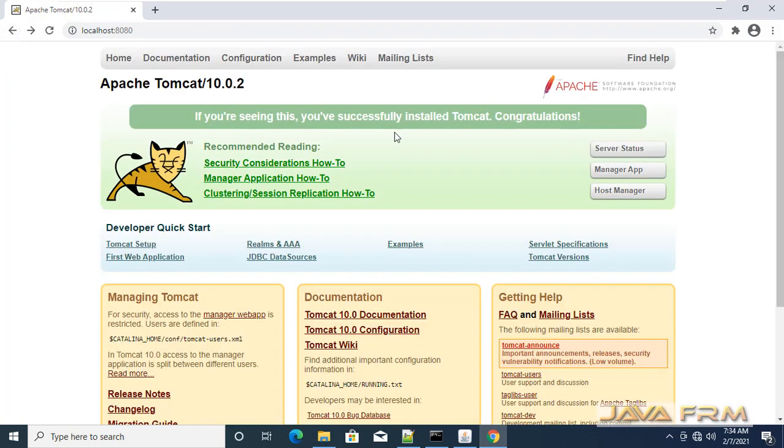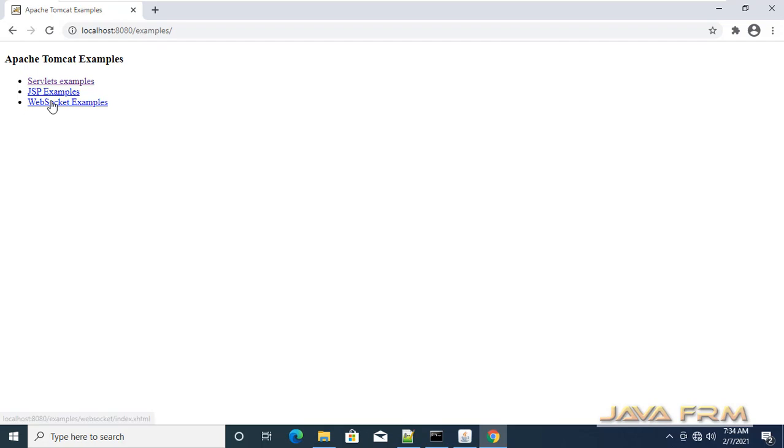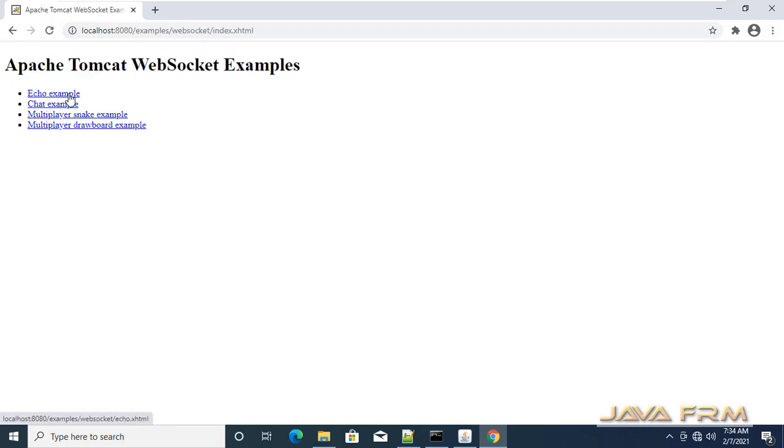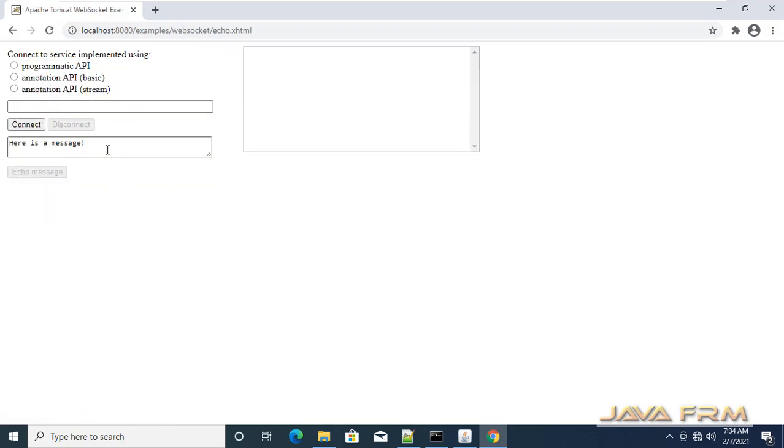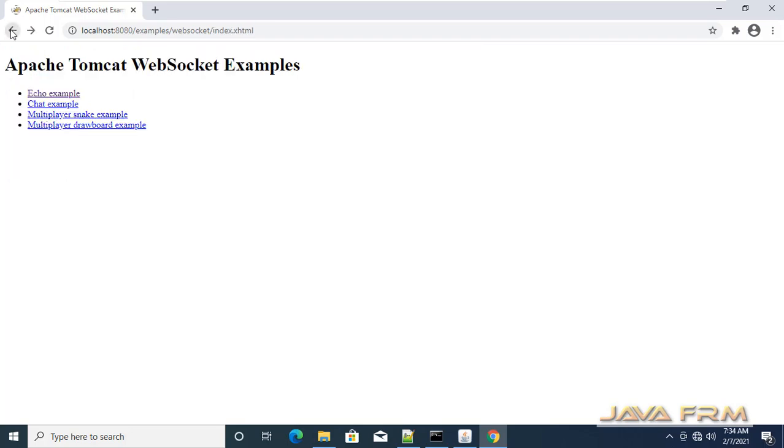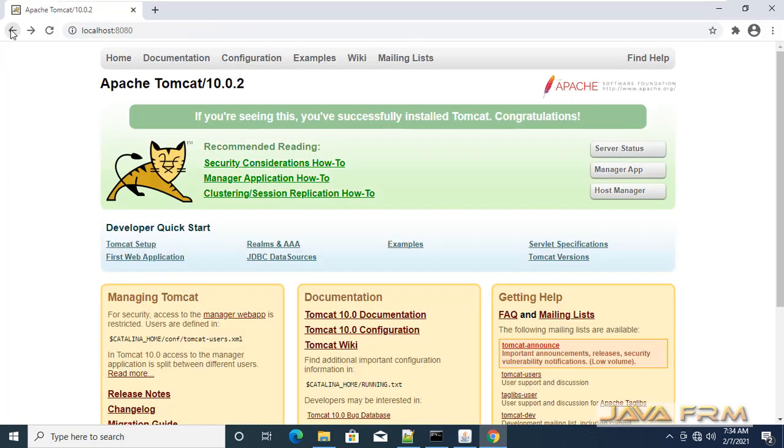So I am able to run the examples. Let me try one WebSocket example here. Yes, I am able to run the sample WebSocket example bundled with Apache Tomcat 10.